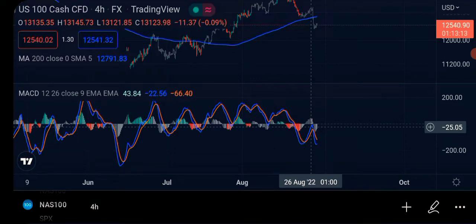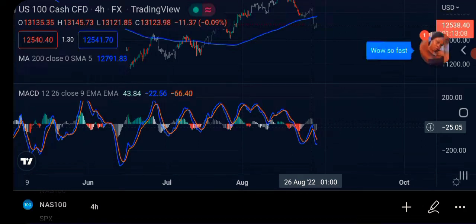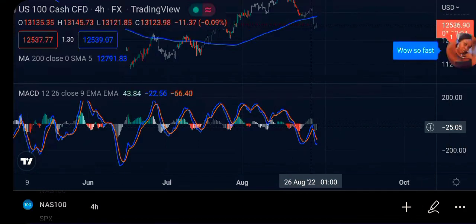Two or more conditions. A confluence means where two or more conditions determine the movement of the market. So that is what confluence is all about. It could be three confirmations that will determine the next movement